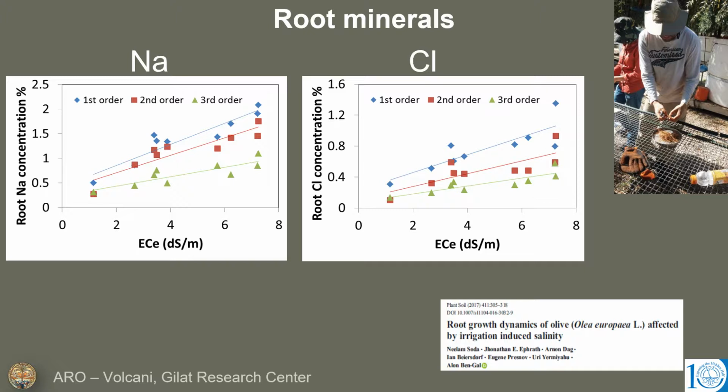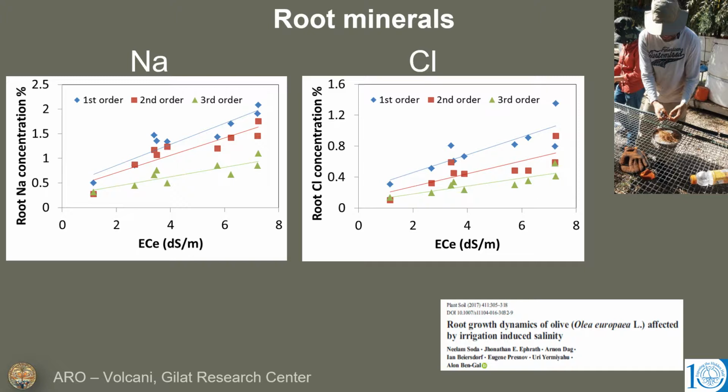And here we see that across the board we see increasing concentrations of these ions as a function of increasing salinity. But the most interesting thing is that the highest levels are in the first order or the youngest roots. So we're not seeing any accumulation of the salts at all. On the contrary, we're seeing the highest concentrations in the youngest roots,